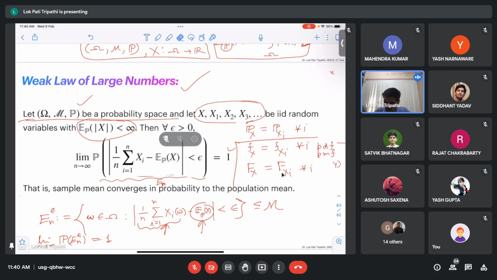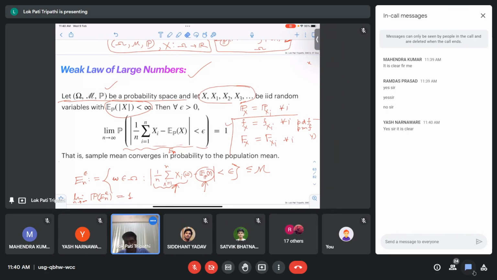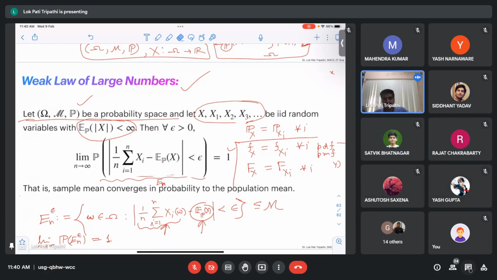So I think you might have seen these results. Although it seems very trivial, sometimes people use it in a vague way that leads to something called the Gambler's fallacy. So we'll discuss what the Gambler's fallacy is.